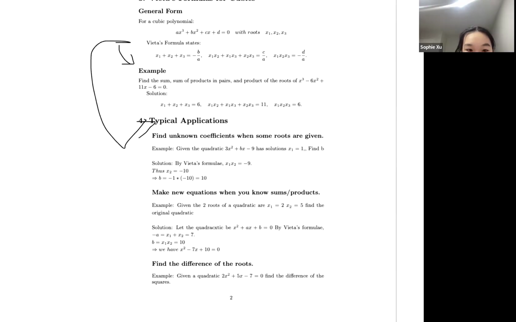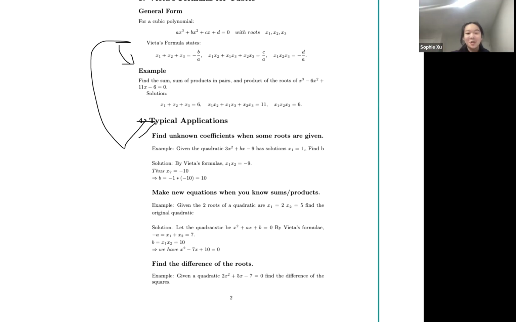So, typical applications. This is mostly used to find unknown coefficients, make new equations, and stuff. It's also a foundation for things you will learn later, especially something in Olympiad math called Vieta jumping, which was needed for NZMO 1Q8 this year. But let's not talk about that. Okay, so